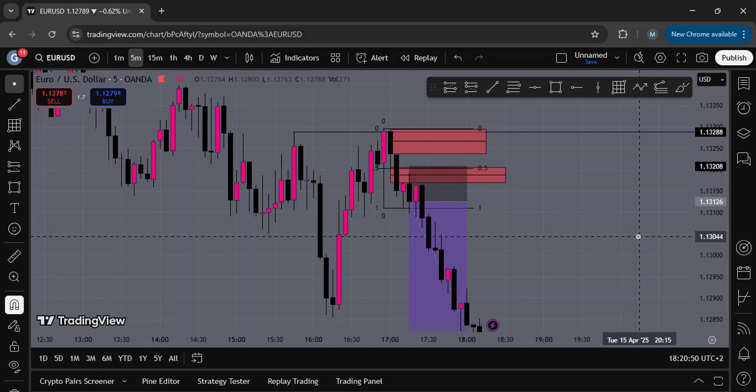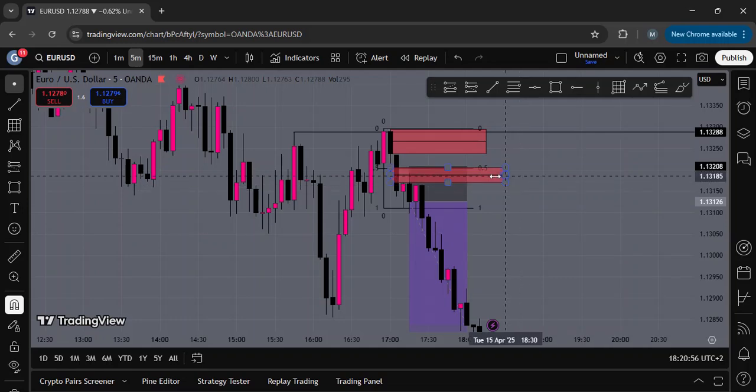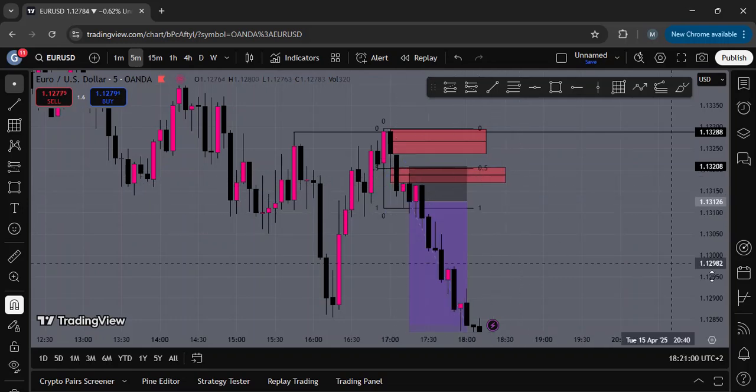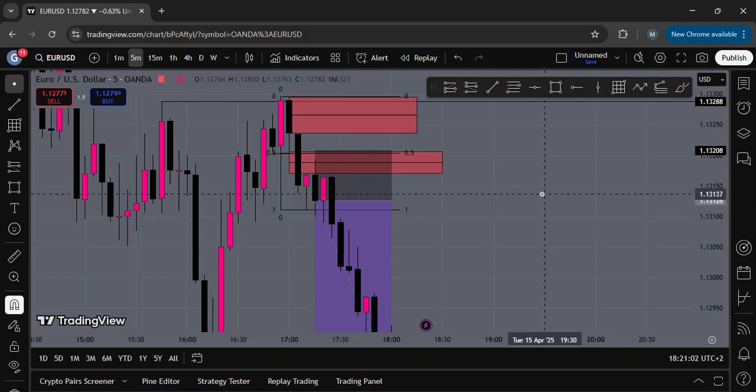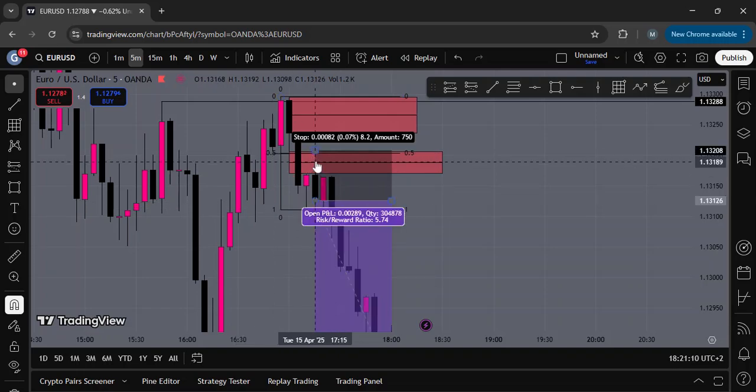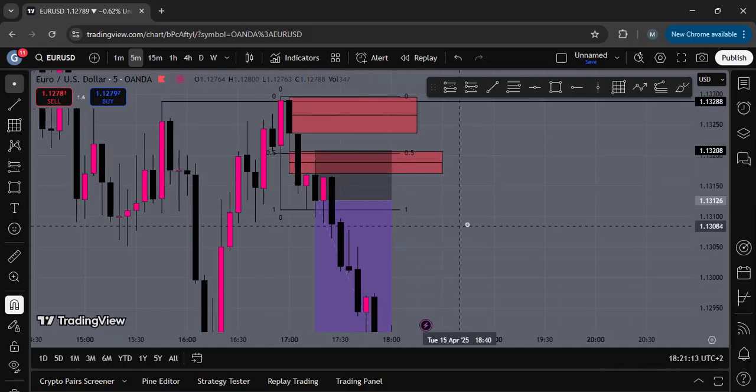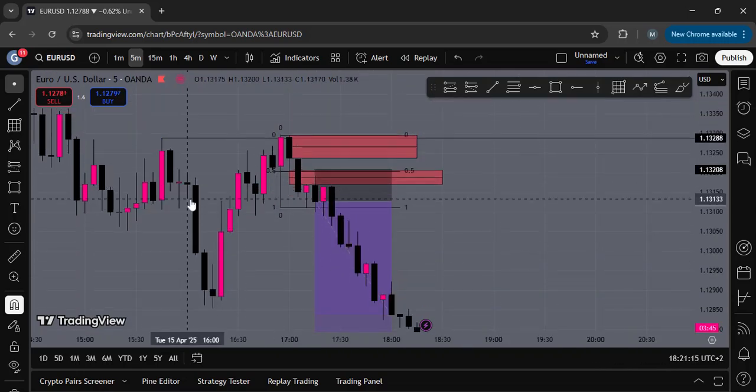You waited for your liquidity sweep, you waited for your fair value gap or order block or POI to be formed. You chose your entry. I chose fair value gap for this example, and you had the reaction. Also, you don't want to be flipping from order block POI to fair value gap. If you trade fair value gaps, you have to trade fair value gaps. Like I said, if you trade fair value gaps, you need to find what fair value gaps work better. For example, this fair value gap didn't work.